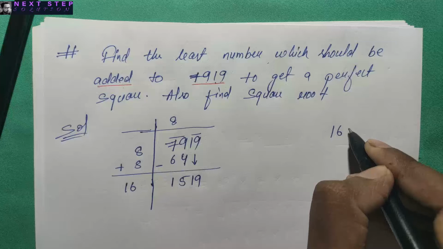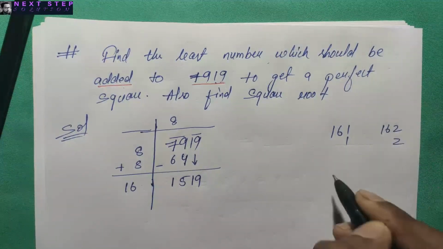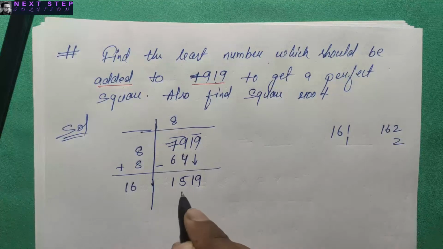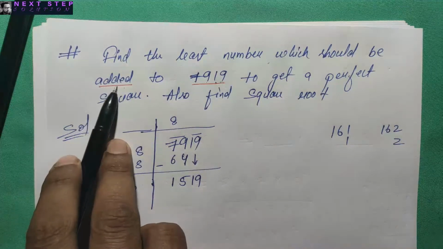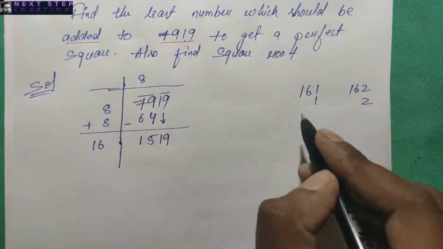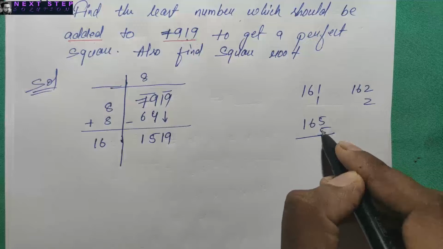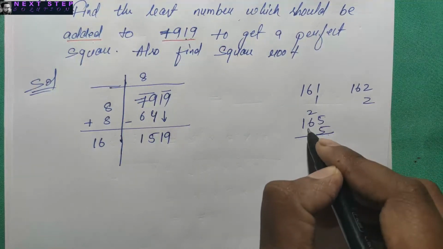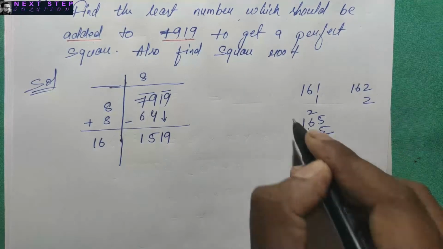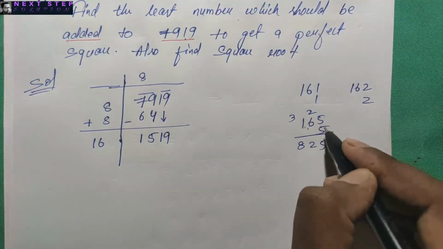With 16 we can take any number like 1 and 1, or 2 and 2, 3 and 3, 4 or 5, such that it should become either equal to or bigger than this one. And why bigger? Because it says added. Now let me check with 5. If I take 5 with 16 and multiply with 5, 5 5s are 25, 2 comes here, 5 6s are 30 plus 2 is 32, 5 1s are 5, so 8, 6, 7 8. No, it is way too less, so I'll take a bigger number.